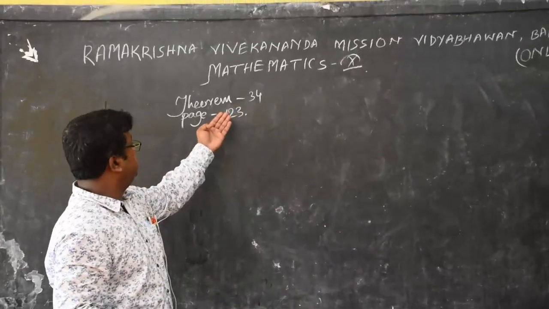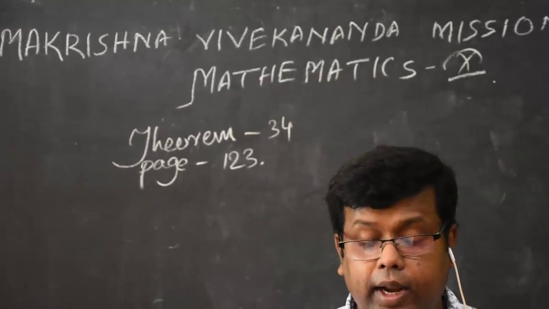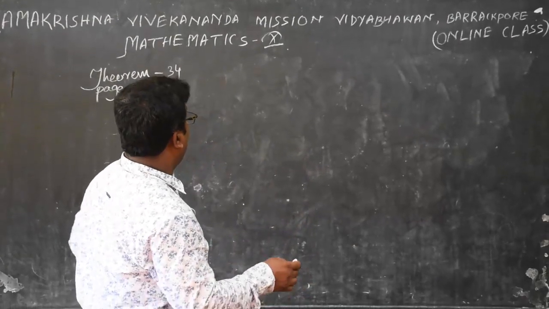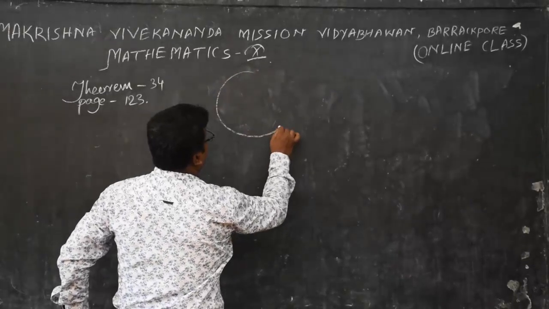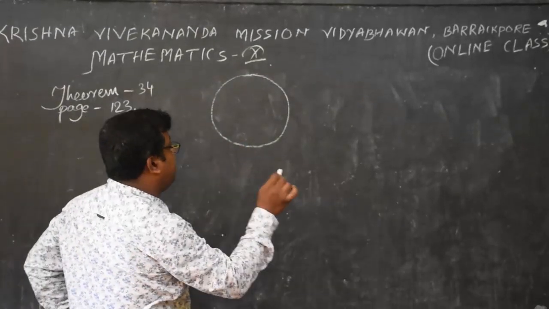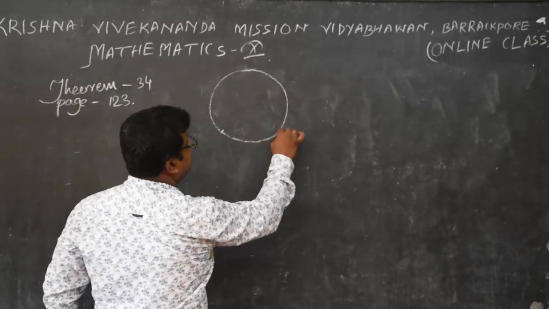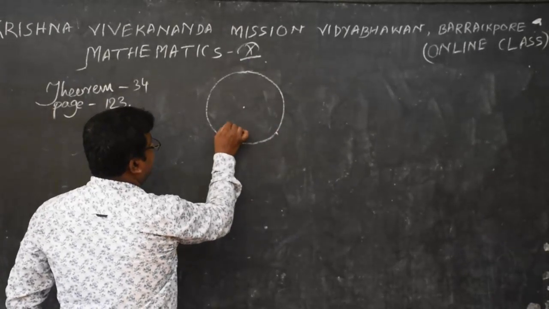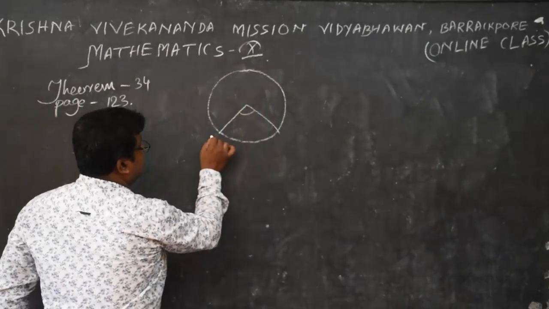It is given in the question, it is given on page number 123 in your government book. Okay, I am telling the summary of the theorem. The summary of the theorem is, on the same arc the angle subtended to the center. You know, an arc is a part of the circumference. On the same arc, angles, suppose it is the arc, it is the center. Okay, the angle subtended to the center, that is this angle.